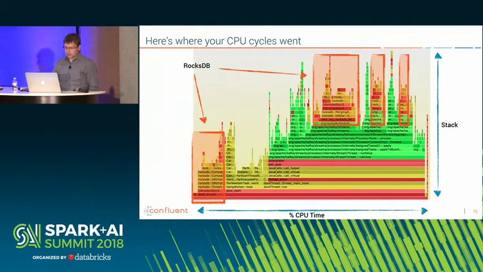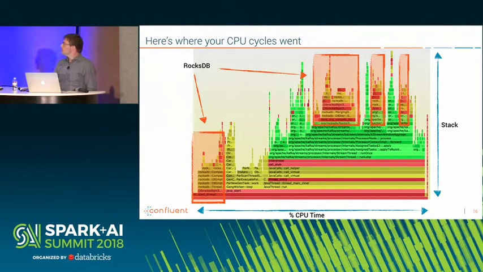The next thing is the RocksDB code. This is all the native code that Java calls into to do any kind of RocksDB operations. So what this tells us is we're spending a lot of time, probably half of the time, just doing updates and reads in RocksDB in our streaming application. And so that probably tells us there's something we can do better here. Either we need to optimize the kind of operations we're doing, or we're doing some kind of expensive scan operations